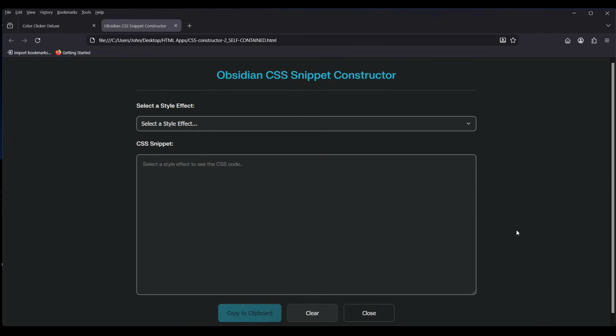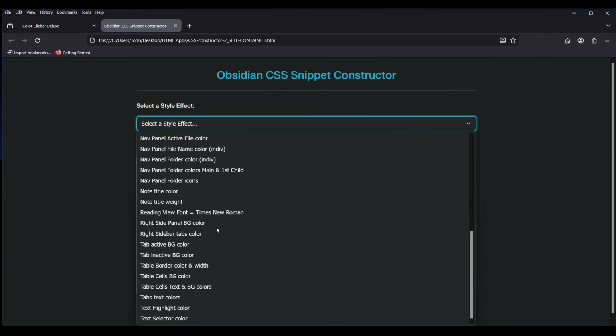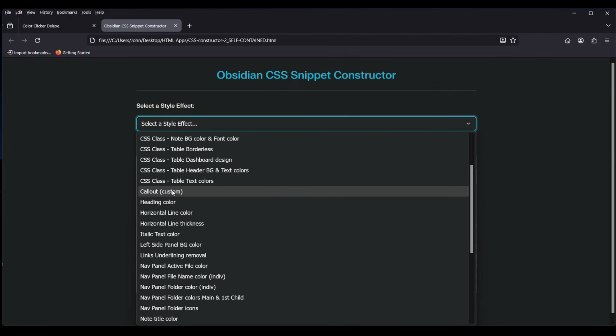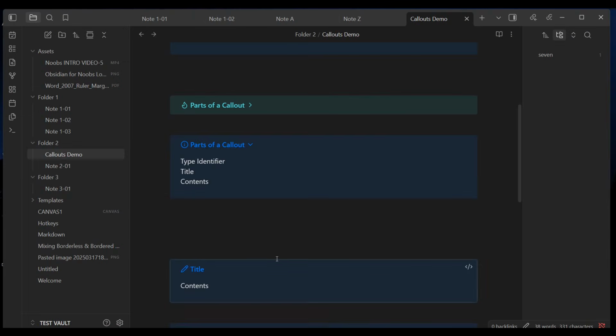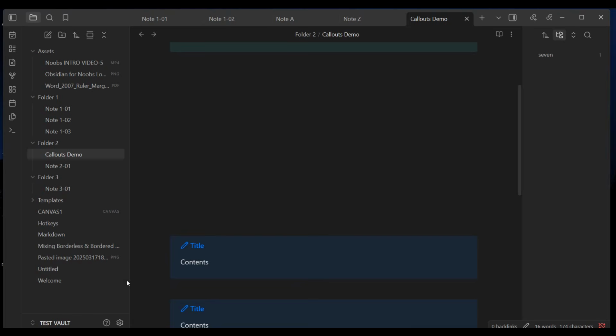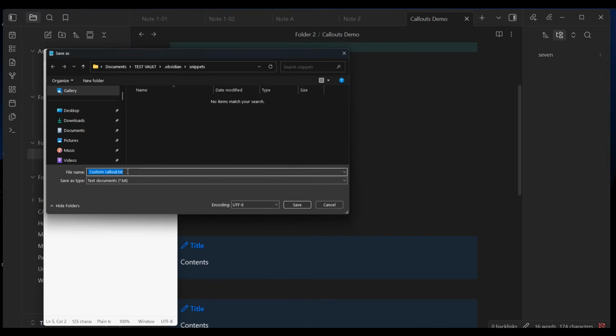Okay, I'm at the CSS snippet constructor, and I'm going to find the one that creates custom callouts. Here it is. That's the code for it. I'm going to copy it to the clipboard. And then I'm going to go into my vault, and I'm going to open up Windows Notepad and paste that code into Notepad. I'm going to save this as custom callout